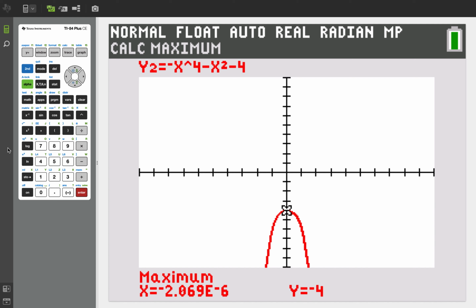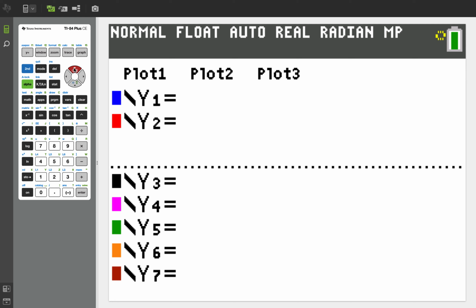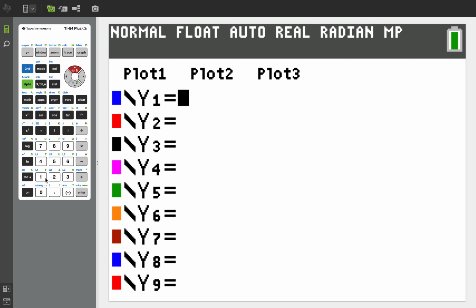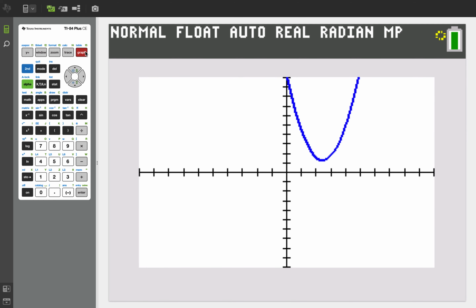Okay, to evaluate a function, I'm going to go back to my y equals. I might clear these out because I'm done with these. I'm going to enter my function into y1: 1.5x squared, subtract 7.25x, and plus 10.1. I'm going to hit graph. Okay, now if I want to find h of 3/2, if I go to my table,